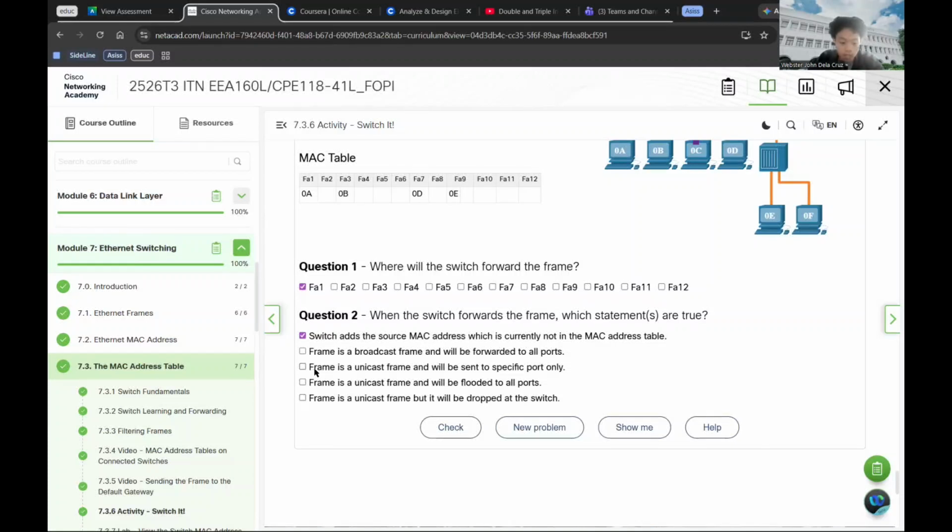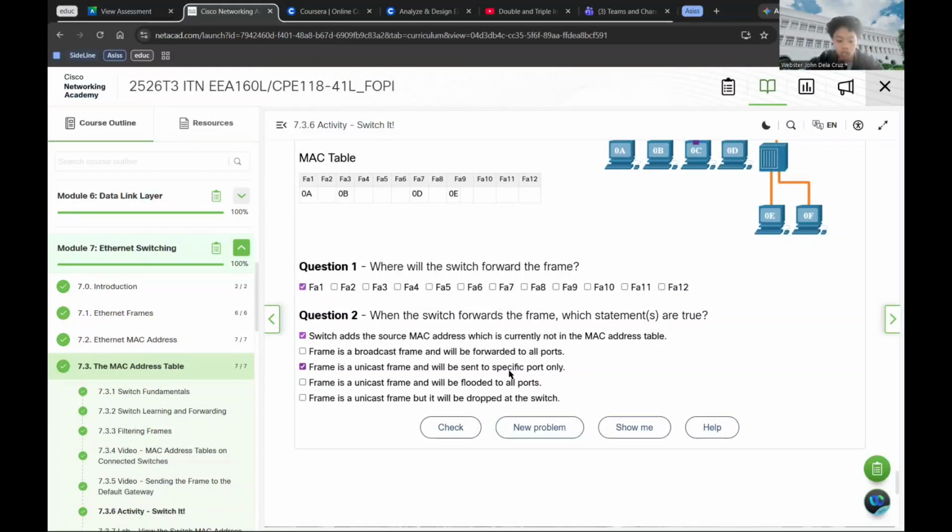For the next one, the frame is a unicast frame and will be sent to a specific port only. Why did I choose this? A unicast frame is a message destined for one specific device, as opposed to a broadcast frame sent to everyone.